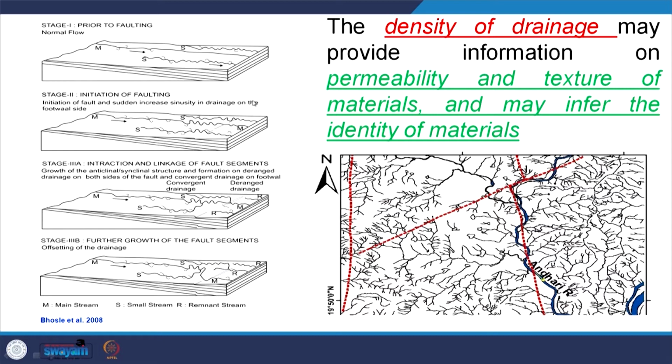So, from here to here, these 4 figures, stage 1 to stage 4, you can see the stream, earlier flowing in a straight channel, with time its sinuosity increases. Finally this stream, which was earlier flowing as an independent stream, due to the increase in sinuosity and elevation difference, its strength is not enough to cross-cut the elevation, and it has to move in this way and mix here. So, it is adjusting itself to the growing fault scenario. Finally, this is the modified pattern of this drainage system.